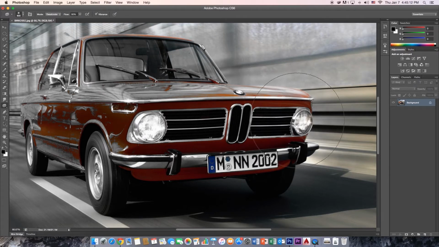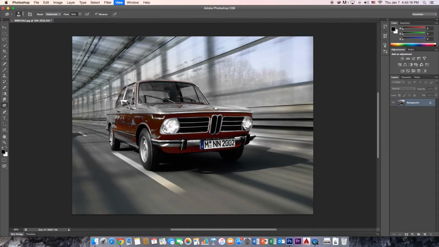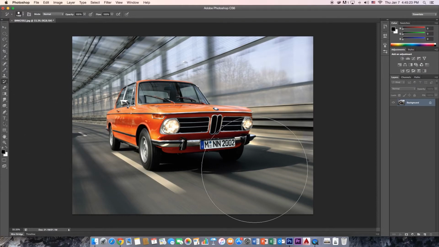So once I go over the whole thing, let's zoom out. You can really see that compared to how it looked before, it takes away a lot of the color. So now you should understand selecting and moving things, copying and pasting things, which are all part of the selection menu,